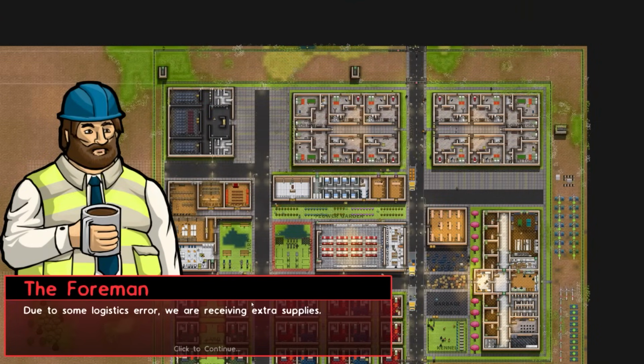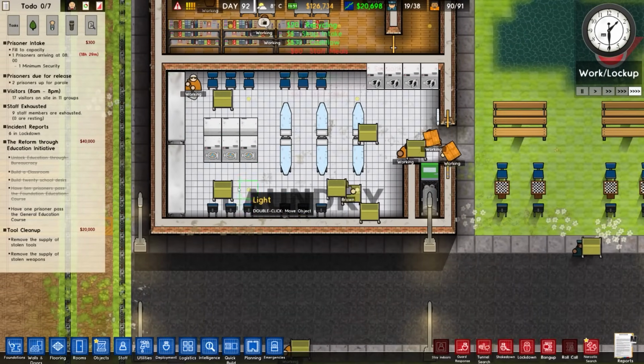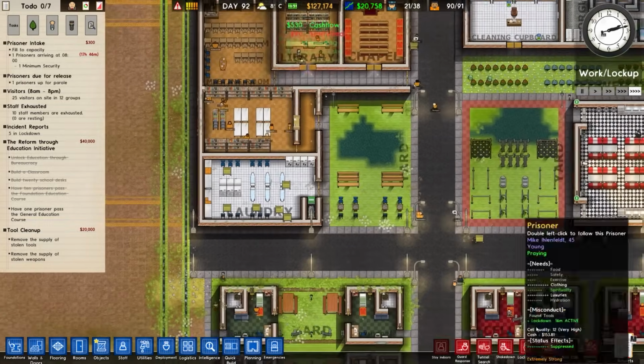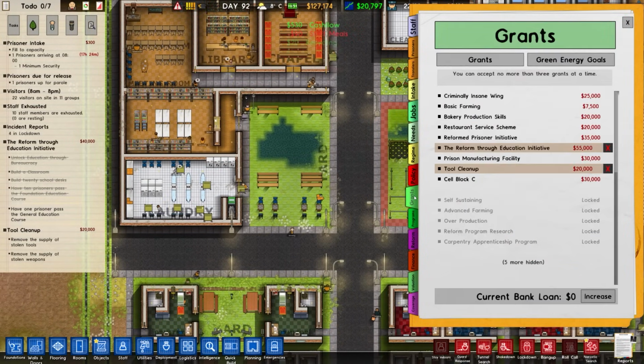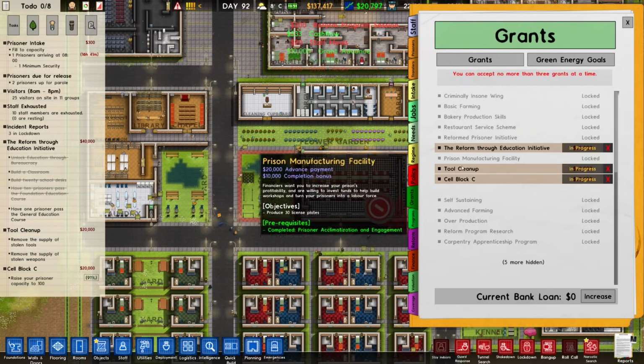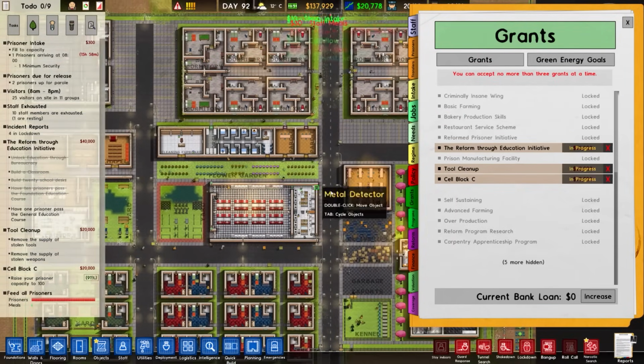Foreman's calling. Extra supplies, apparently. Danger level going up, and prisoners are filthy. But there's loads of uniforms coming in, so I'm not going to worry about that too much. In terms of grants, we can pick up another one, Cell Block C. Reform to Education Initiative, Tool Cleanup, and Cell Block C. If we look at our